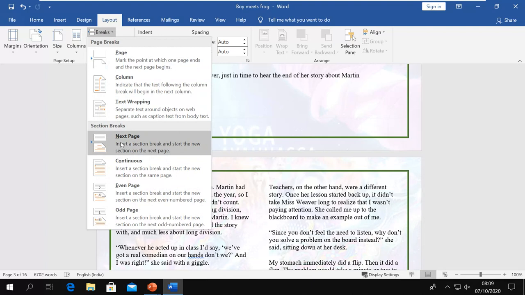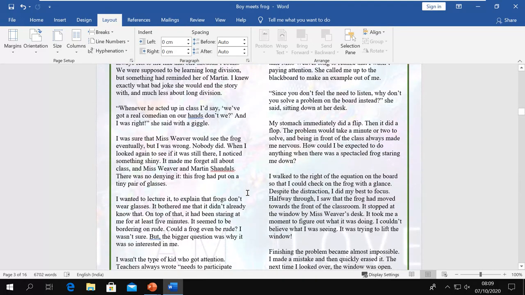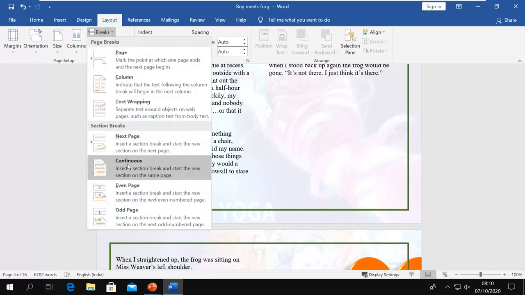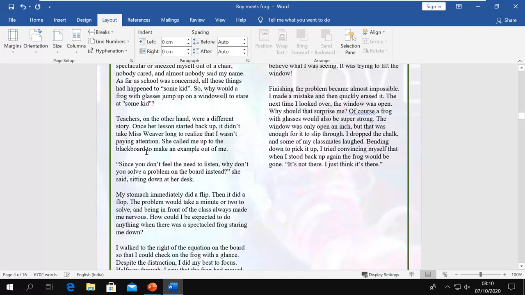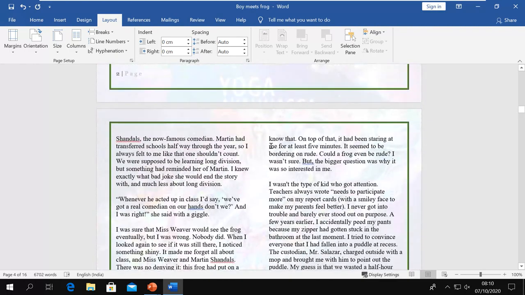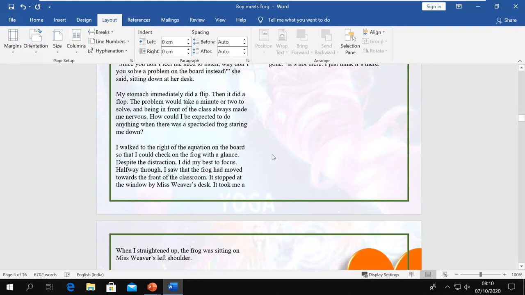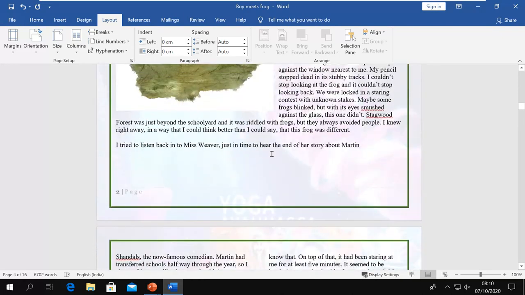We have section break for the next page. We can break the section in the same page also by using this continuous. That means if you want to break it in the same page, like I want this paragraph to be in one column, but the whole page is in two columns. So what I can do, I can break it from here. I say section break, continuous. Do not go to next page. Nothing happens, but it breaks the section, but it is misplaced.